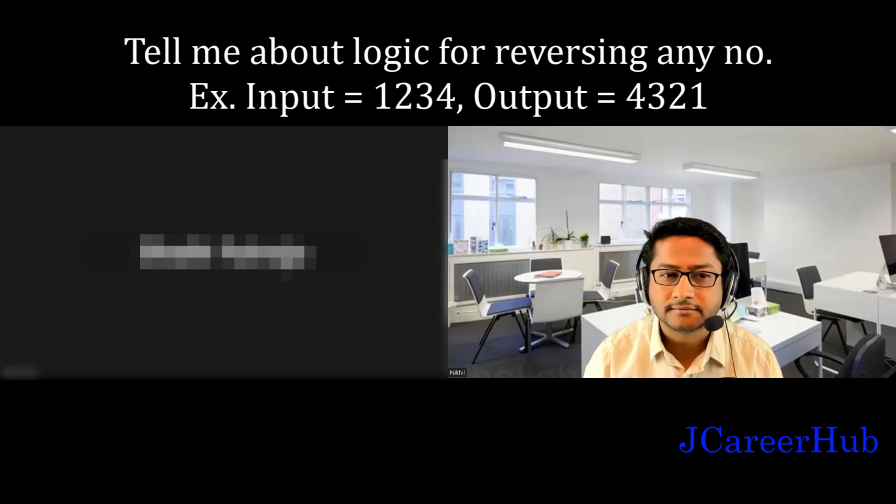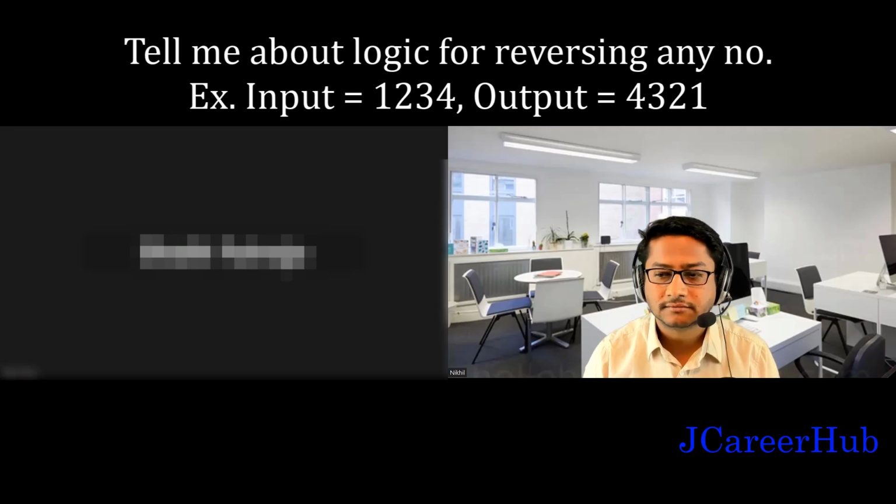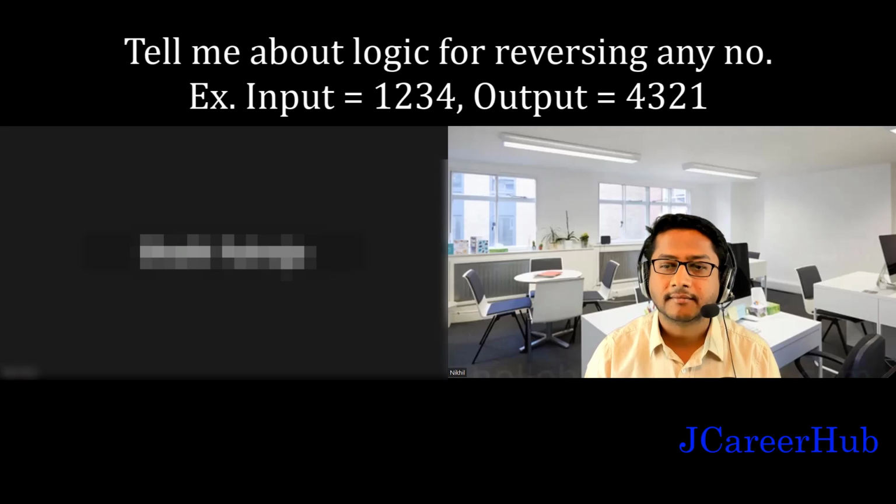First, we check whether the number is greater than 0 or not. If the number is greater than 0, we divide using the percentage symbol, num equal to the remainder. We take out the remainder, which means we can take out the last number. And then we extract one digit by dividing by 10. When we perform this logic and print that number with SOPLN,